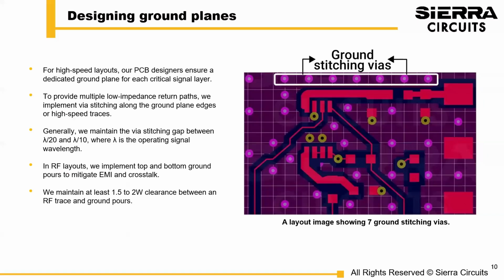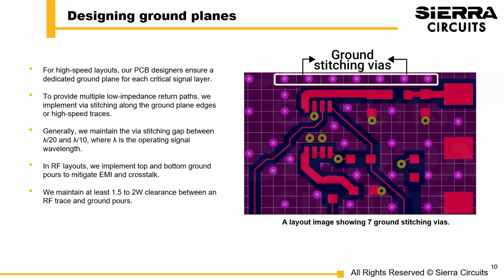Moving on, we have designing ground planes now. Our designers ensure a dedicated ground plane for each high-speed layer. To provide multiple low impedance return paths, we implement via stitching along the ground plane edges or high-speed traces. We also maintain the via stitching gap between lambda by 20 and lambda by 10, where lambda is the operating